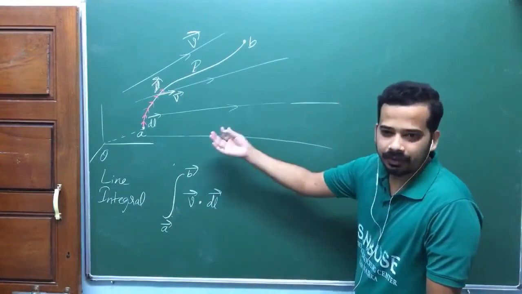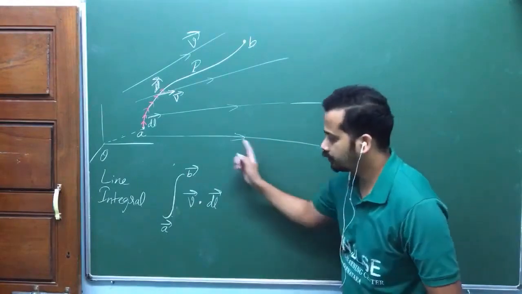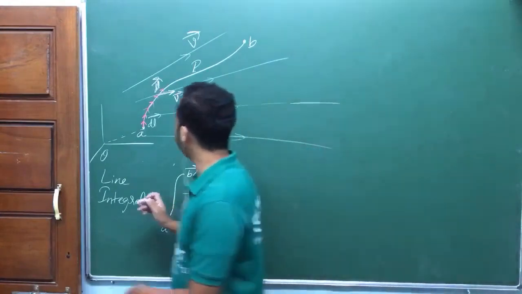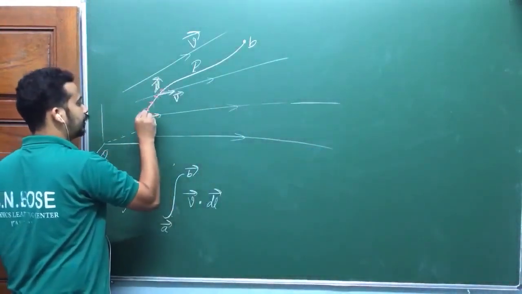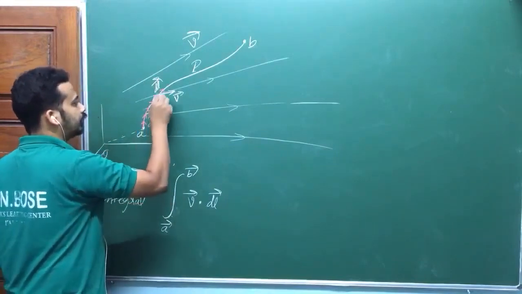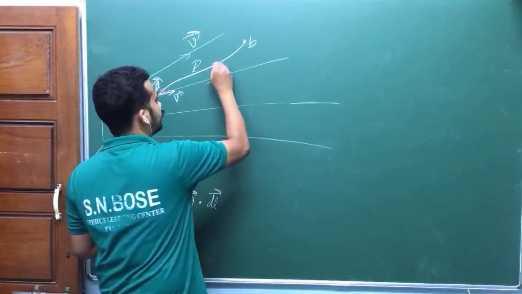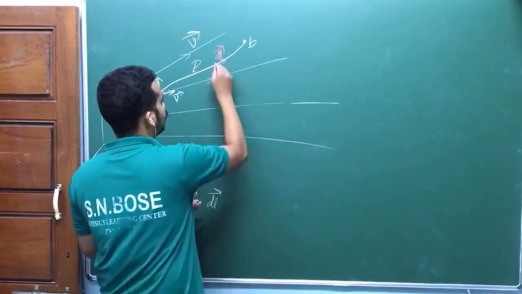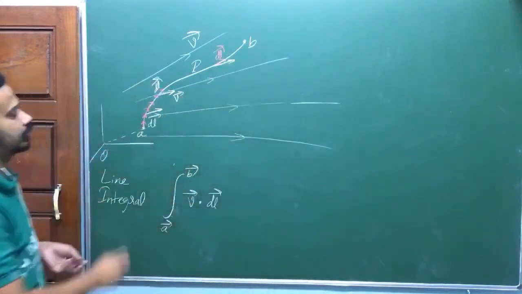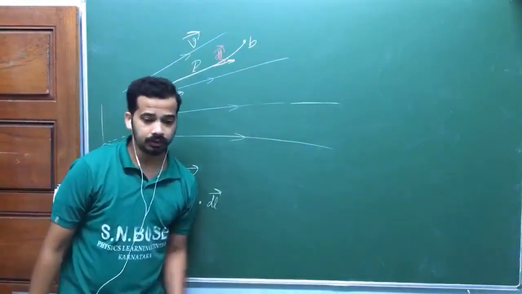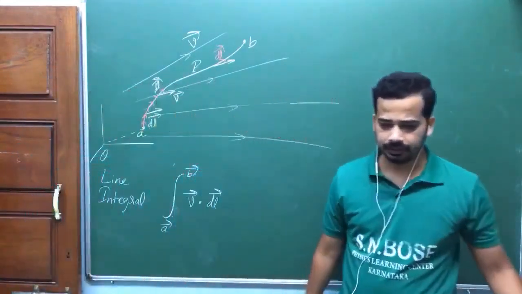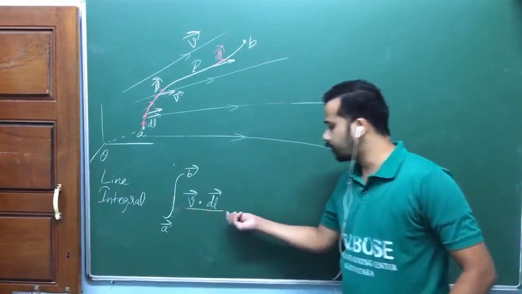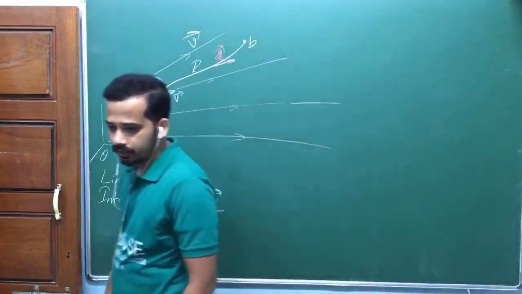That doesn't matter. The field may have divergence, it may not have divergence. This is the most general thing. It may be uniform, non-uniform. But at each and every point, you can define the dot product between the vector field and the line element. Suppose you take DL vector here, and here you have your vector field somewhere in this direction. You take the dot product at each and every point, because the vector field is a function of space. Am I right? You take a dot product and integrate this scalar. After taking the dot product, that's a scalar. Integrate that one. We call it a